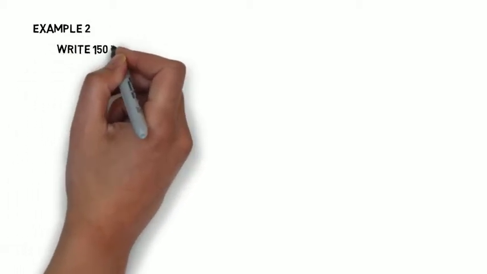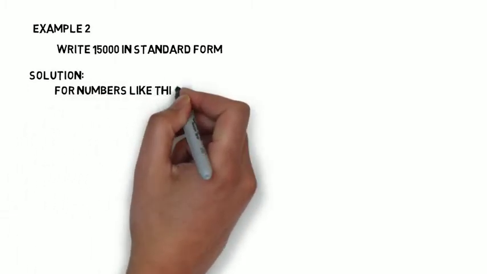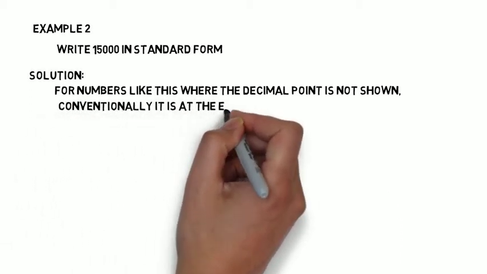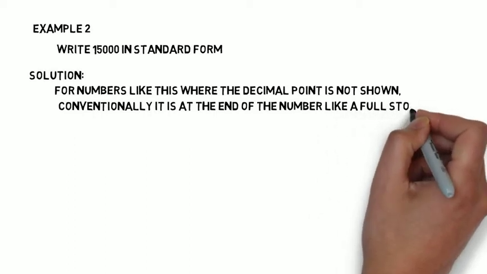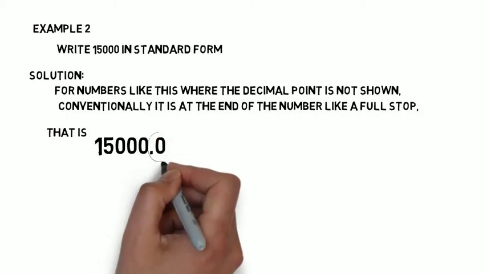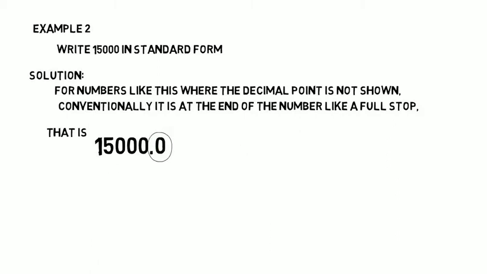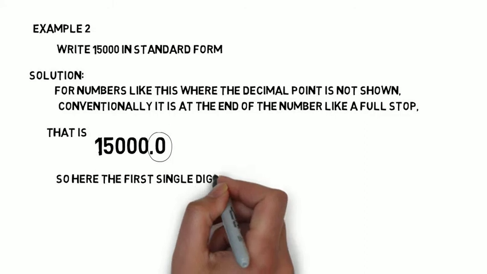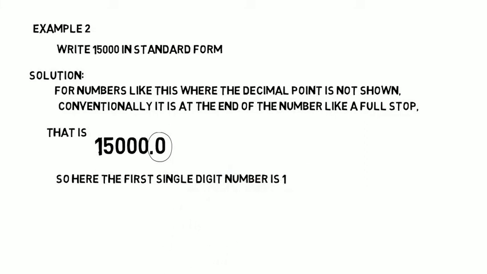Let's solve another example. Example 2. Write 15,000 in standard form. Where the decimal point is not shown, conventionally it is at the end of the number like a full stop, that is 15000. It is at the end of the third 0 that your decimal point is located. That is 15,000.0. So here the first single digit number is 1, and the decimal point moves 4 spaces from right to